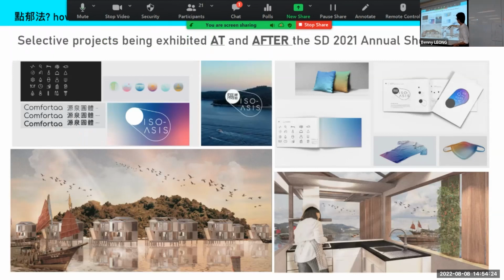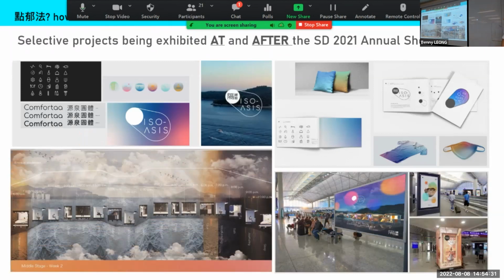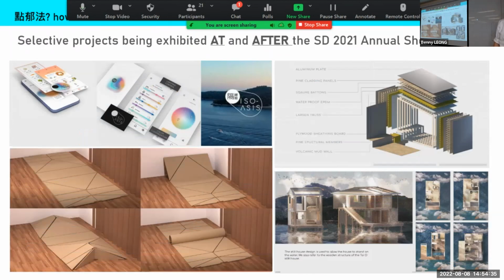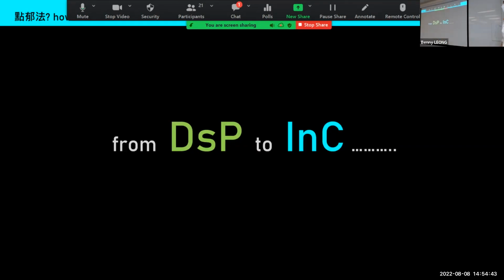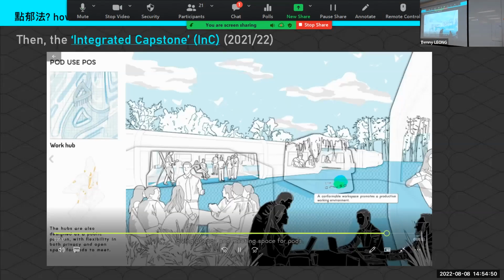For example, the branding itself, specific design of the environment and the setup, the promotion, the airport, and the product side. This is a more holistic way of addressing it. And then the Dean's Project changed to the Integrated Capstone last year.